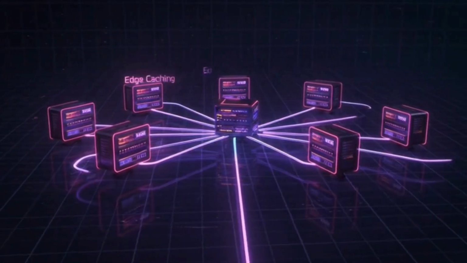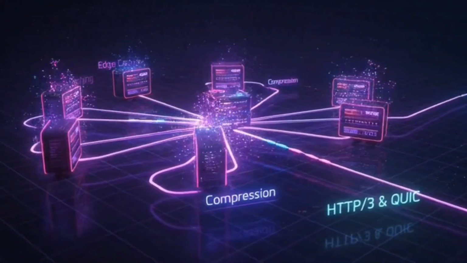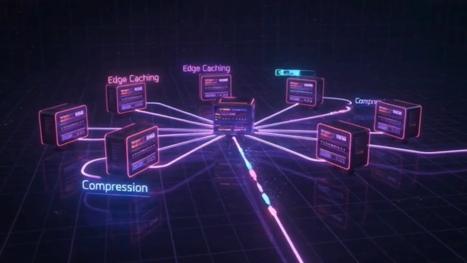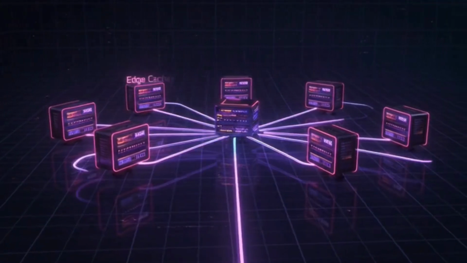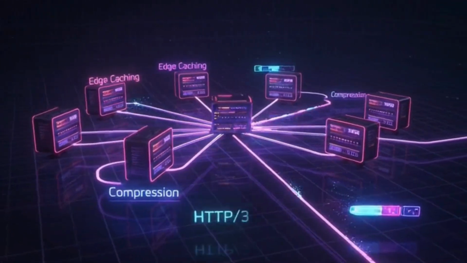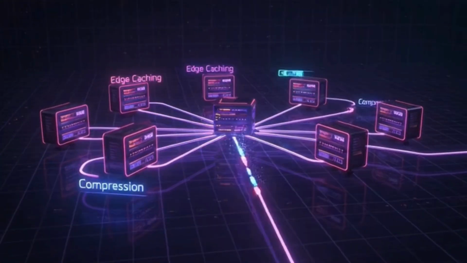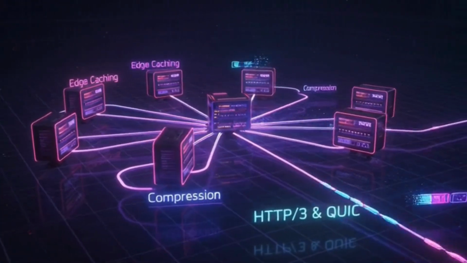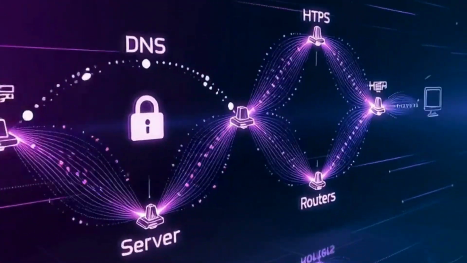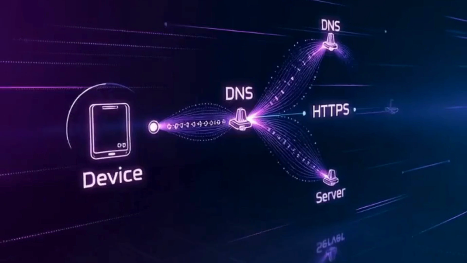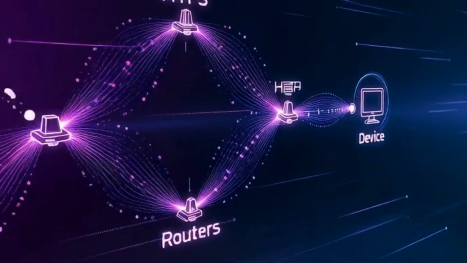To make everything even faster, websites use optimizations. Content delivery networks, or CDNs, cache static files closer to users geographically. Browser caching stores images, CSS, and JS locally. HTTP/3 and QUIC use UDP for faster, more reliable delivery, and compression technologies like gzip or Brotli reduce file sizes. So the next time you open a website, remember, hundreds of invisible processes are happening in the background: DNS lookups, TCP and TLS handshakes, routers forwarding packets